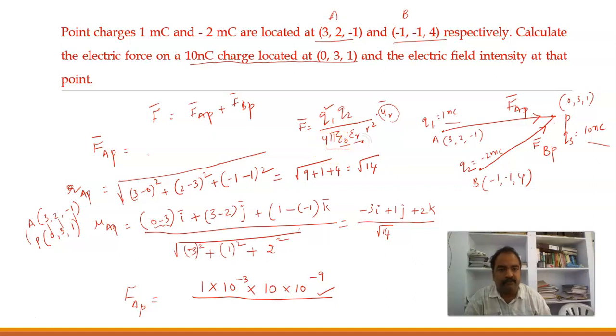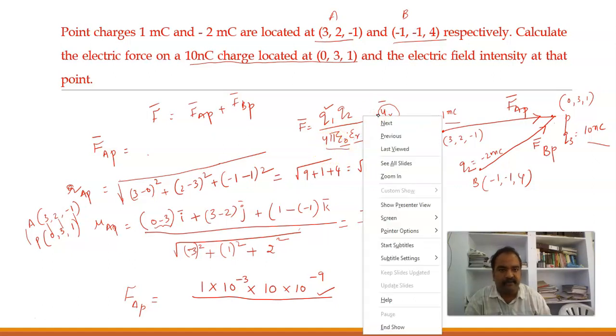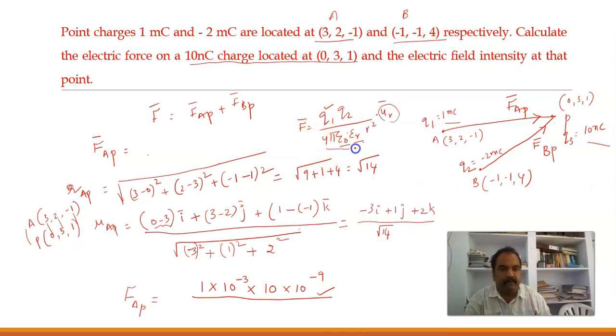This is epsilon r, by default it is 1 because I haven't mentioned any medium. And 1 by 4 pi epsilon naught, I can directly take it as 9 into 10 to the power of 9, or I can write it as 4 into 3.14 into 8.85 into 10 to the power of minus 12 into 1 into root 14 whole square